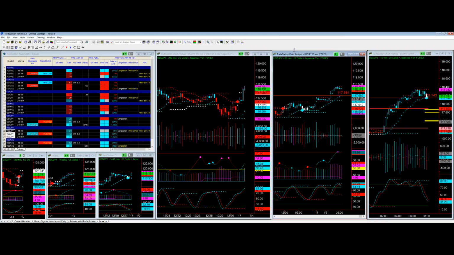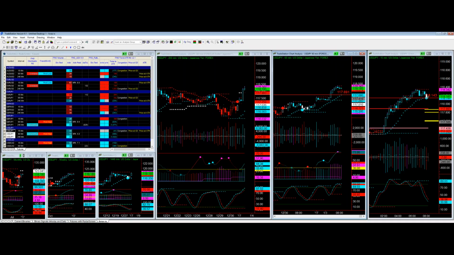You look at the 60-minute, you're overextended on the 60-minute. The ADX is telling you it's probably going to come down and test the ATR. The volume is decreasing on the highs. You've got a lot of sellers in there, again confirming it's probably going to go down, but you're going to go long on a 12-minute. Everybody understand that?